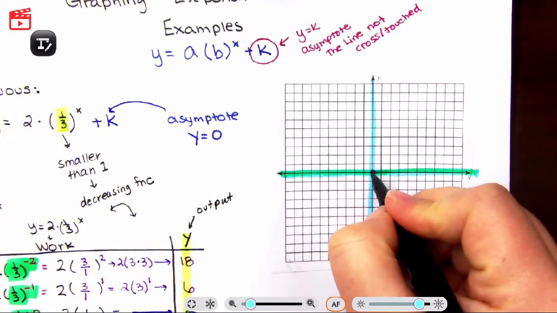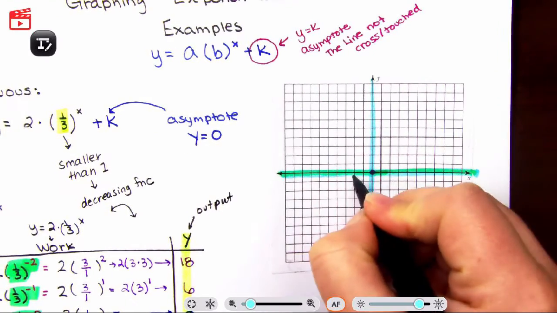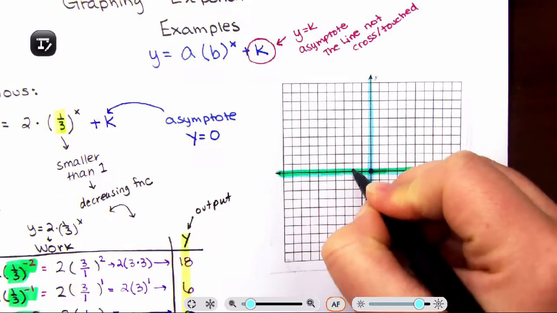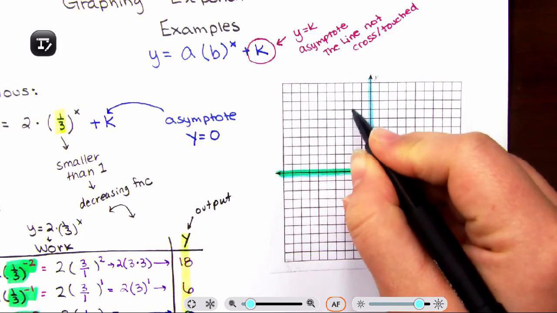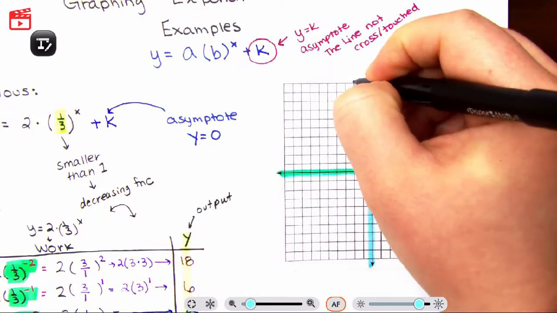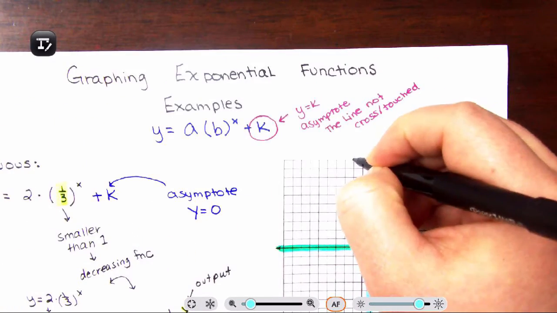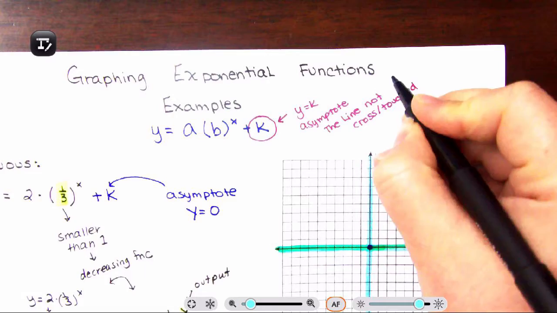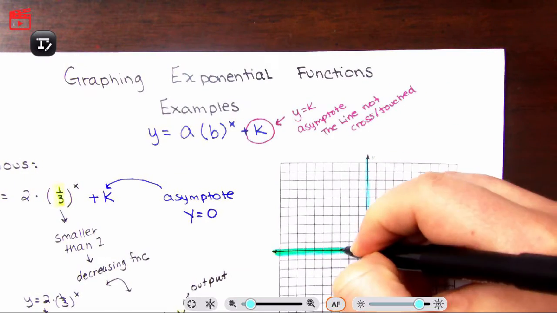So here's -2. -2 is on my X here, and then I have 18 as my Y. 1, 2, 3, 4, 5, 6, 7, 8, 9, 10. So my 18, I'm running out of space. That's okay, because do you see this arrow? It means it continues. So if this is 10 and I need